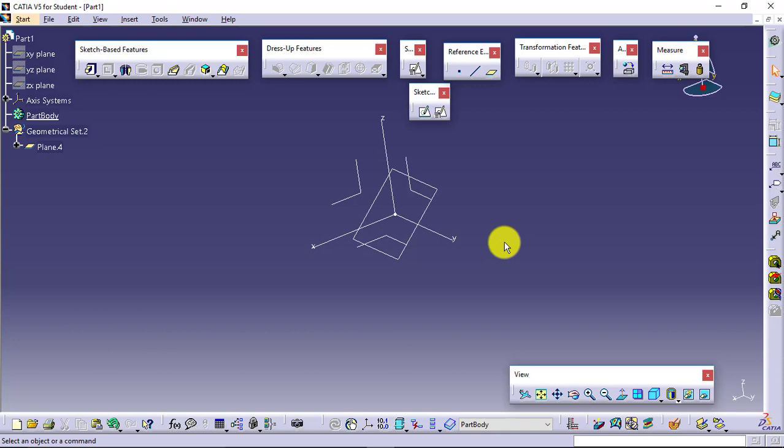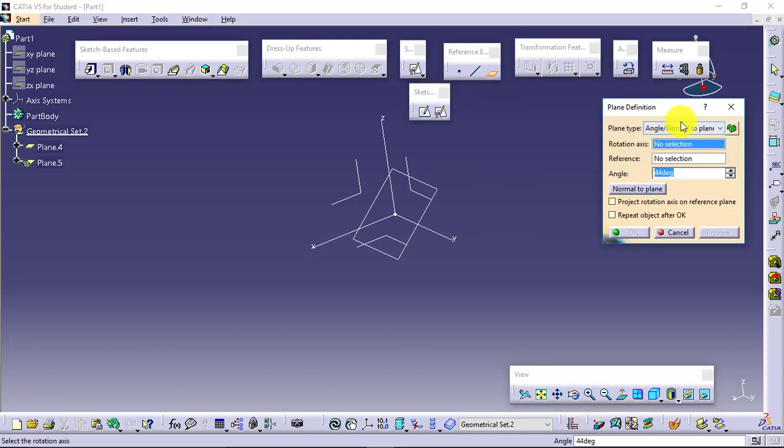When we create the auxiliary views, or we create the profile at an auxiliary location, then yes, we need these types of planes. So we will be using these planes in our assignments when I show you some demo, at that time. And likewise we have many types available. If you want, you can use them, like a plane which is passing through 3 points.